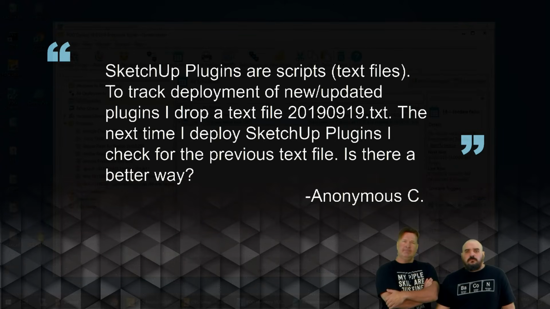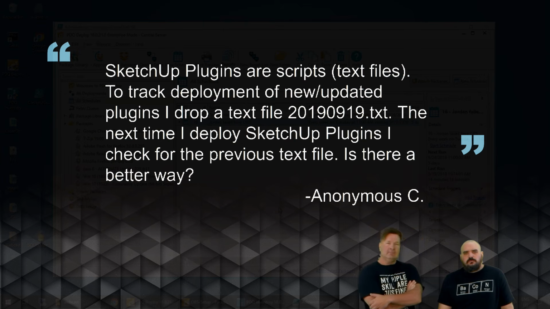Dear Lex and Jordan, SketchUp plugins are scripts, text files. To track deployment of new and updated plugins, I drop a text file named 2019-0919.txt. The next time I deploy SketchUp plugins, I check for the previous text file. Is there a better way? Sincerely,